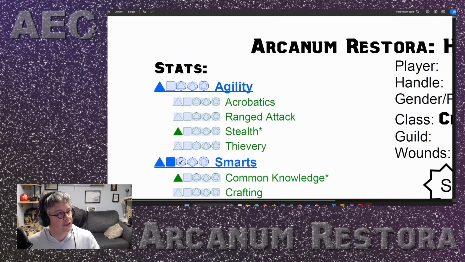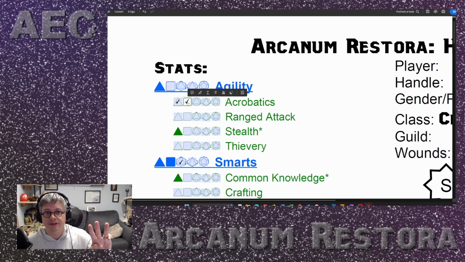So when I come up to agility, I've only got my D4 colored in. So if I want to be good at acrobatics, doing flips and things, running on walls, parkour, I color in the D4 first, and that costs me 1 point, because you still have to color in all the way across left to right. You cannot color in a later one before you've colored in the earlier ones. So I spend 1 point on that. If I want to go up to a D6 in acrobatics, because it's higher than what I've got in my agility, I have to spend 2 points to color it.